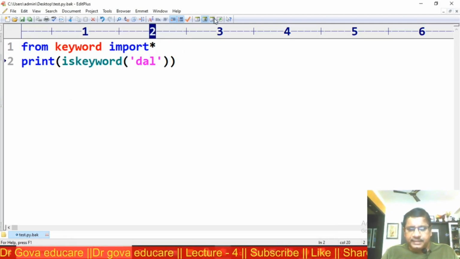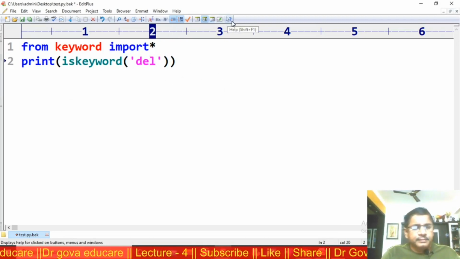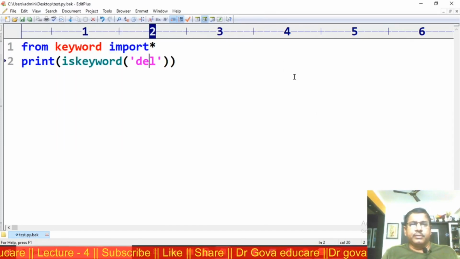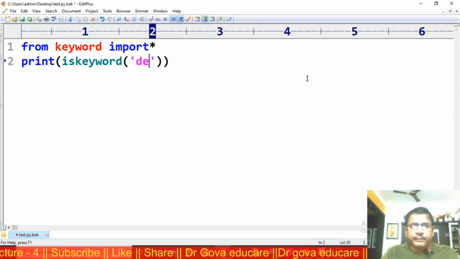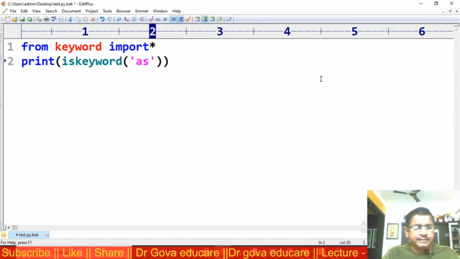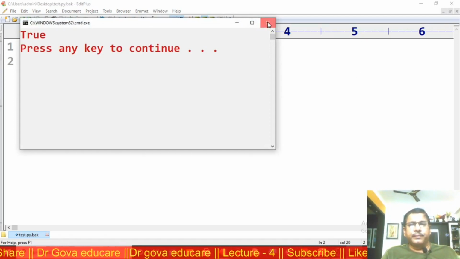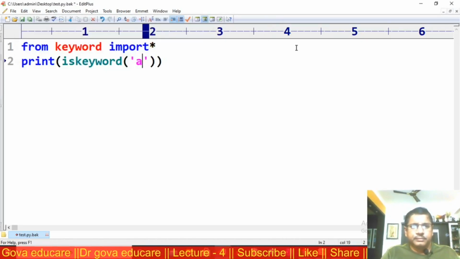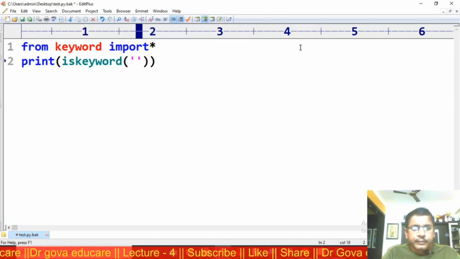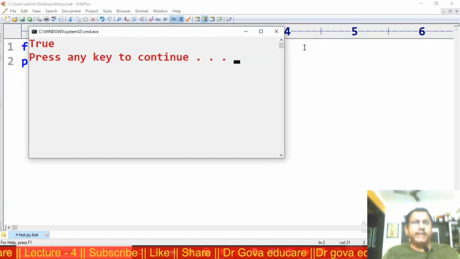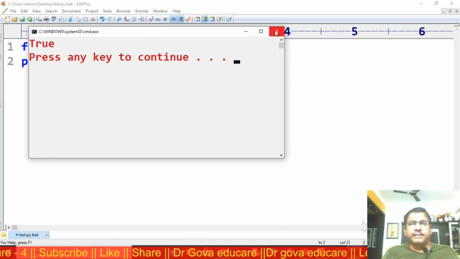Suppose it is del, it returns True. Del is a keyword. As, it returns True. As is a keyword. For, it returns True. For is a keyword.